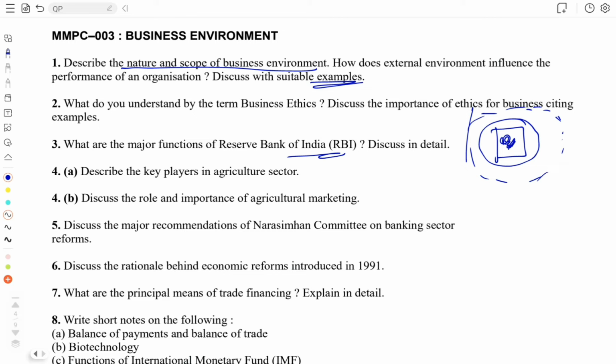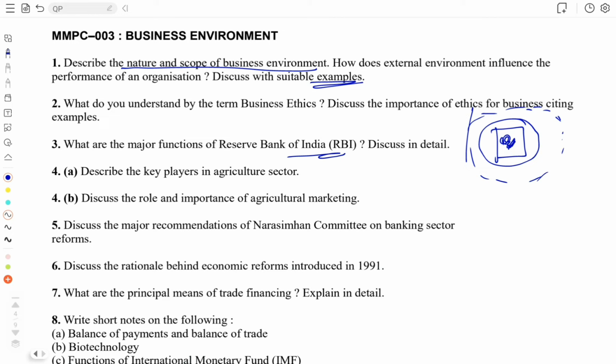Two types of monetary policy are formulated by RBI, that is quantitative and qualitative. Quantitative is like the cash reserve ratio, repo and reverse repo rate, bank rate, and all. It is for controlling the quantum, that is the amount of credit that is circulating in our market. Qualitative instruments are like moral action, direct action, all those things. They are used to direct or prohibit the cash flow to certain sectors.